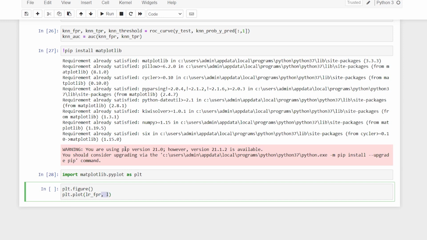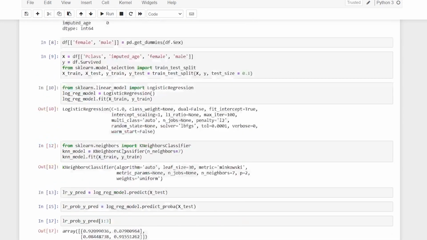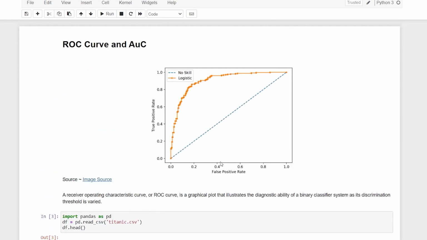This is for the x and y axis. The plot takes x, it takes y, and it takes other parameters, let's say the label and everything. The x is always going to be the false positive rate, as you have seen in this diagram, and the true positive rate on the y axis.